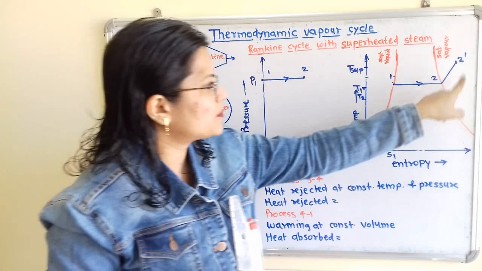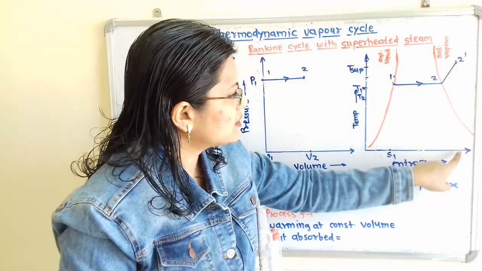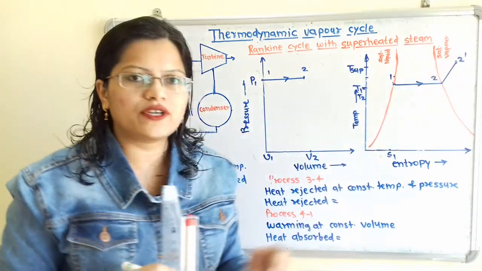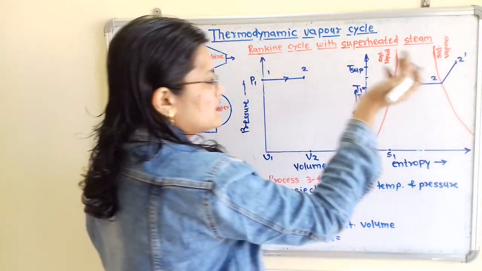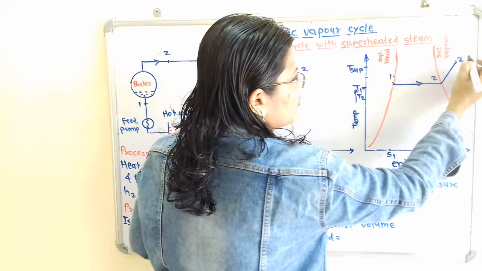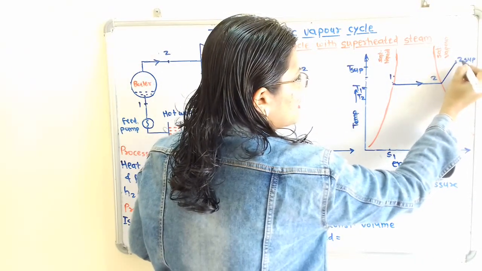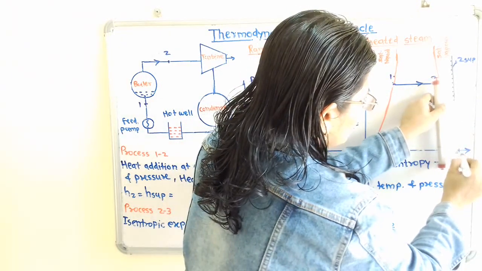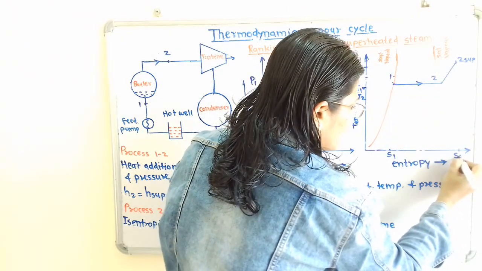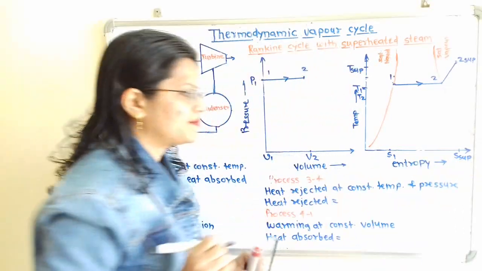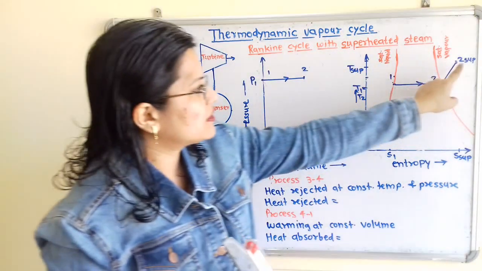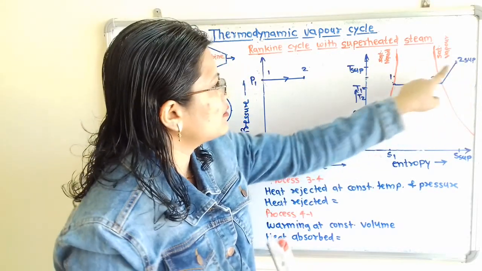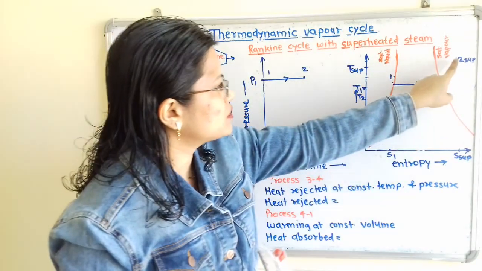So this is the whole process. So here the entropy will be known as S superheated, entropy at this point 2 dash. So I will say 2 superheated also, because this is the point 2 that is at superheated state. So entropy at this point is known as S superheated. Here instead of 2 dash I will say 2 superheated, then the temperature related to this will be T superheated